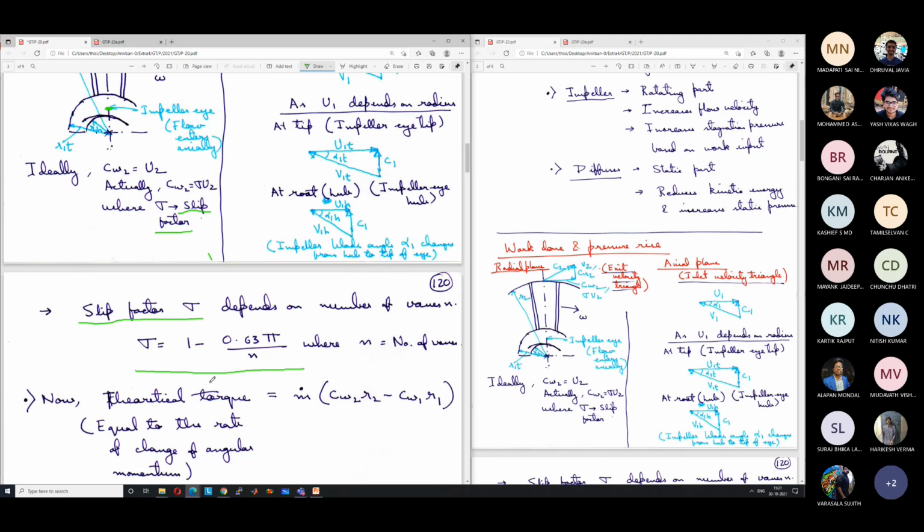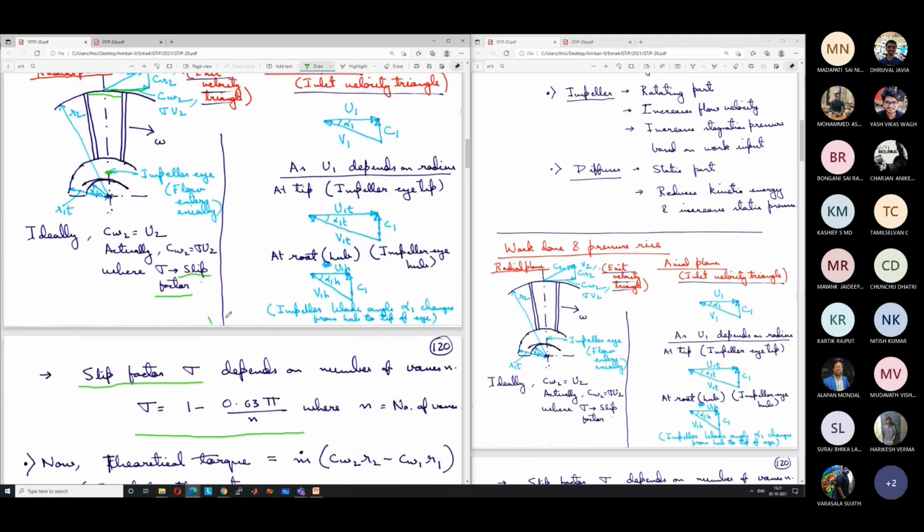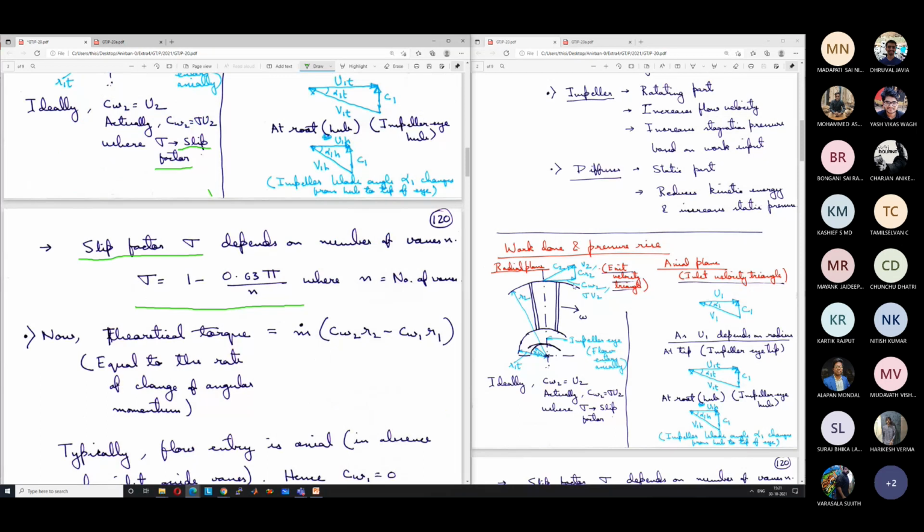So the torque, the change of angular momentum, is equal to Cw2, which is the wheel component here. Let us follow this diagram and this writing. Cw2 into R2. R2 is the radius at this point. This is the angular momentum per unit mass flow rate at the exit. At the inlet, if we do the calculation based on the mean diameter, for simple calculation, we will use just the mean diameter and mean radius. We cannot cater for the variation of the radius for this type of calculation.